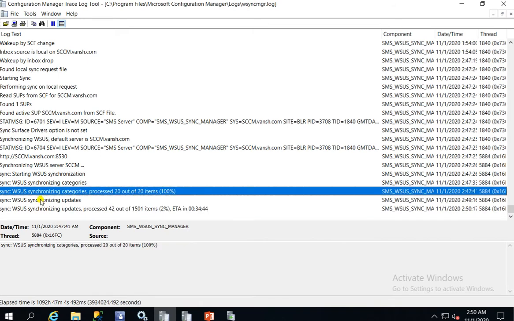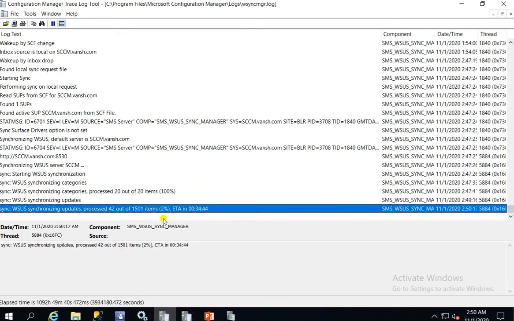Initially it was calculated as 20 patches, but when it synced up with WSUS and WSUS gave the updates, there are 1500 updates available. And here it is showing the estimated time also, how much time it will take. It will take around 34 minutes to complete the process, and the total is 1500 patches.